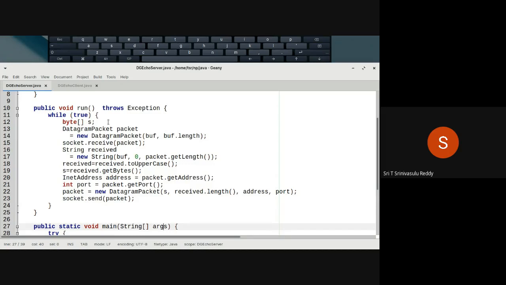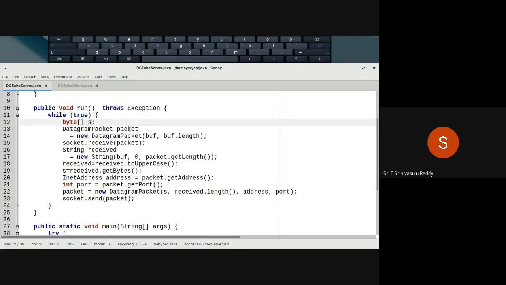So to send and receive the packets, you must create a packet object. That's what you are doing actually. So here you specify byte array followed by yes. There is no space. We will see what we are actually doing. Right now, as you can see, this variable name is yes, remember. There is a purpose for that, and we will look into that. Byte array followed by yes. And then a datagram packet we require. So you say DatagramPacket followed by packet.